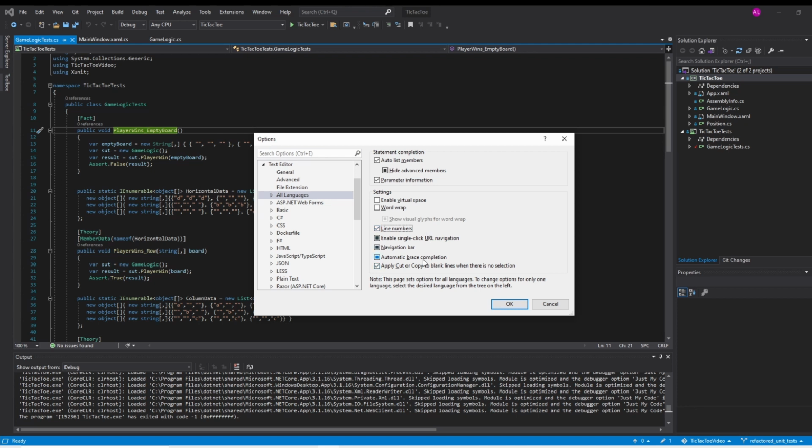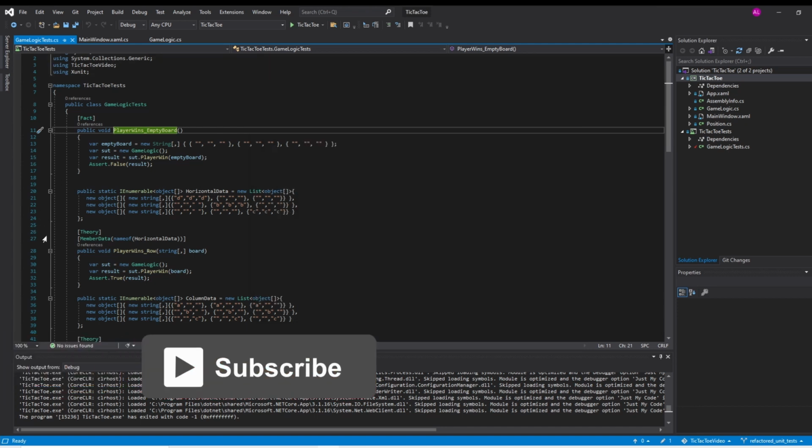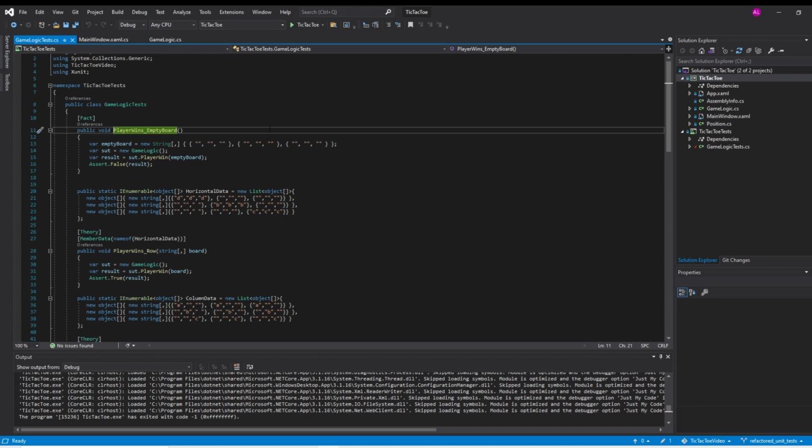So then no matter which language I pull up, if it's HTML, JavaScript, XML, I'll always get my line numbers here. So I already had line numbers before, but now they should show up for any file that you pull up into Visual Studio. So the next thing I'm going to talk about is down at the bottom, there's this